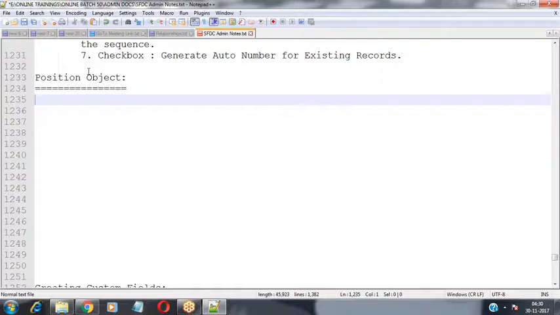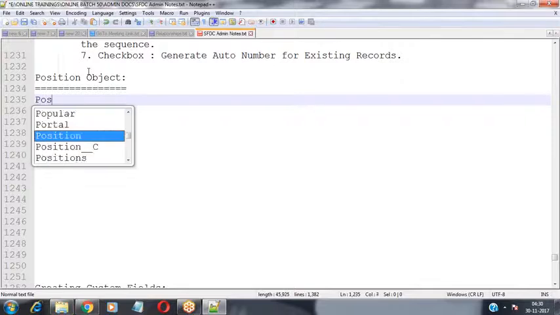So in this case, I would like to store all this information. Then how can we give this information? I need to fill up the details about this position and share this position information with my HR team, so that the HR people can start recruiting candidates for the position. At that time, what kind of details do we need to fill up for a new position?